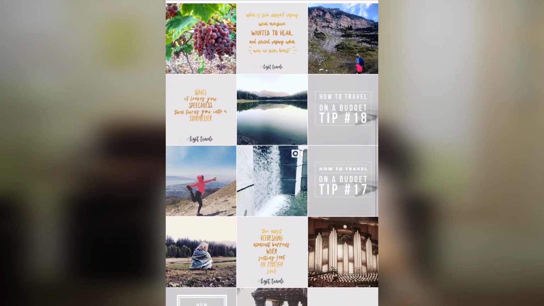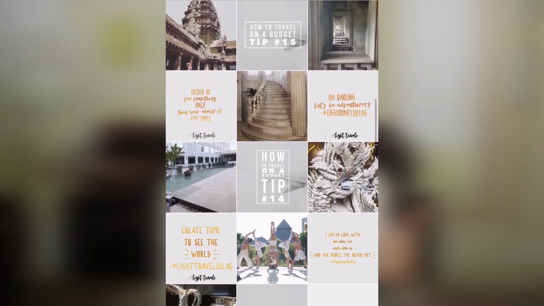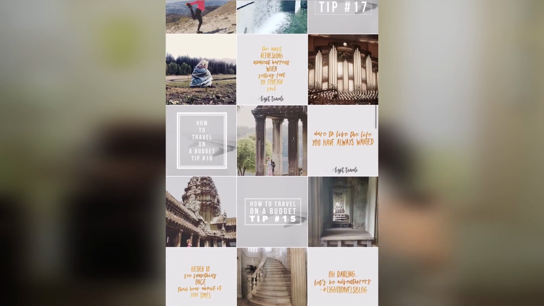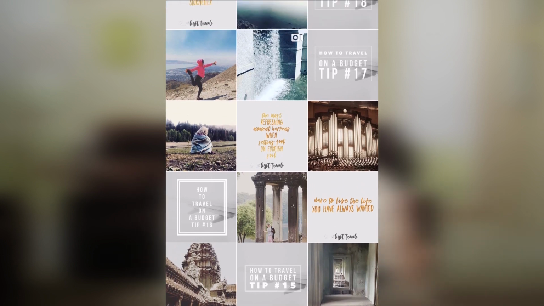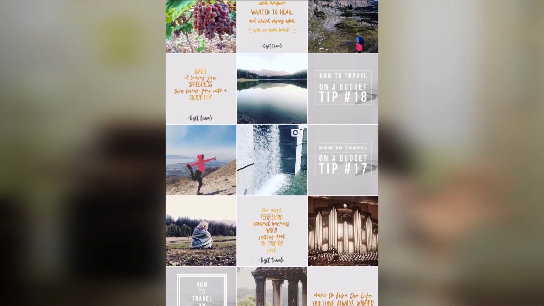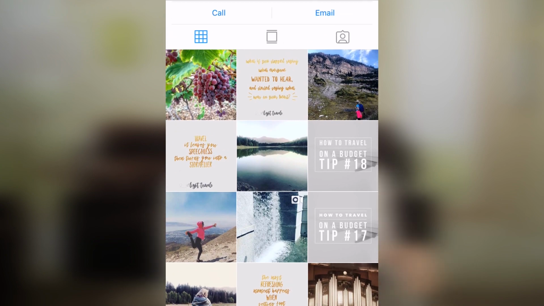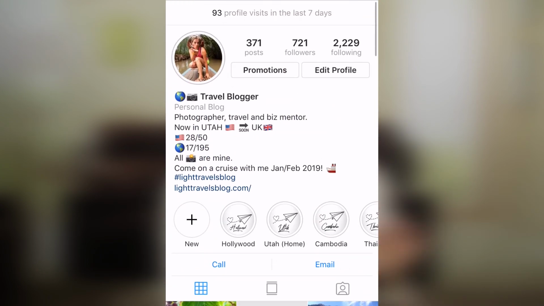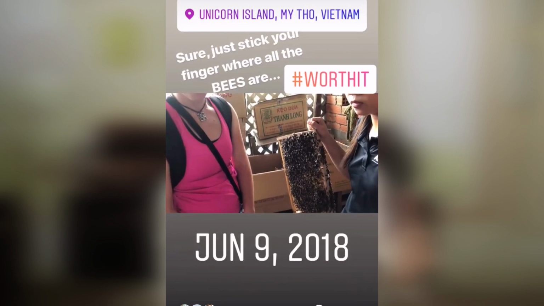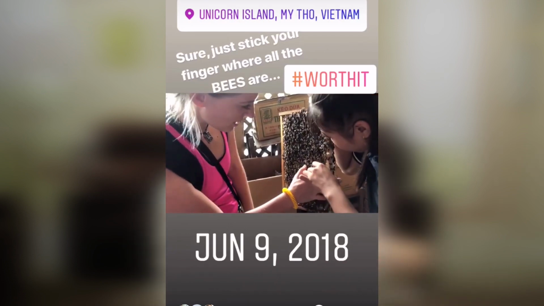Another way you can leverage stories is it kind of gives people a backstage pass into your life, into your content. It's kind of like a little peek into what you're doing. Now, remember, in my Instagram training, I tell you to make your Instagram a spread, like a magazine. So, for example, this Instagram, you can see that I've put a lot of time and energy and effort into the color schemes on this Instagram. I'm posting regularly. I'm posting content in a very organized fashion using my content organizing app, and I'm being very deliberate on it.